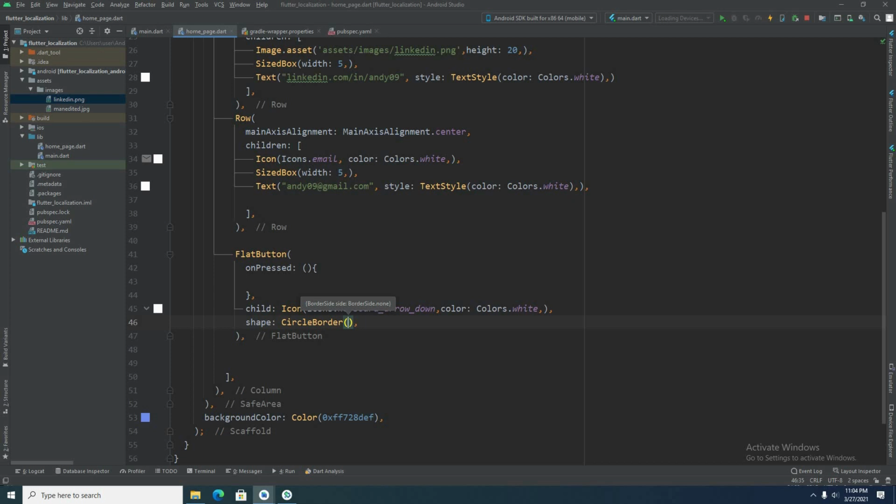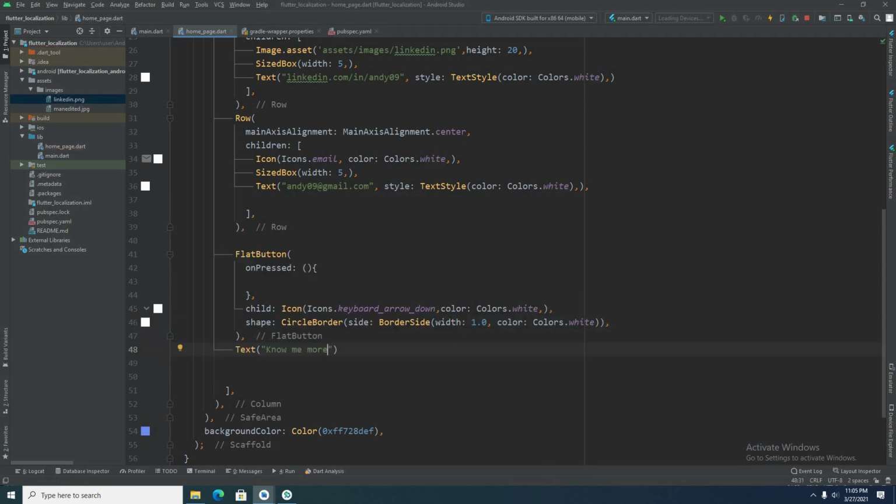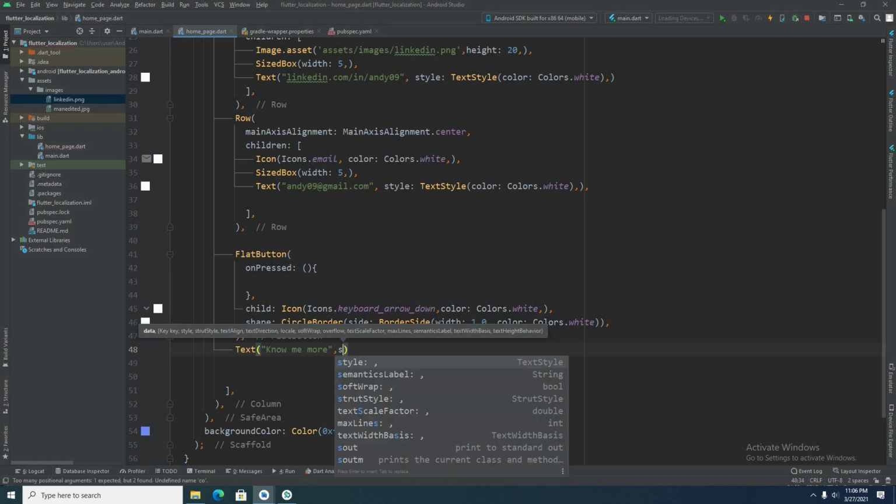Inside this widget, we have a property called side, which will further take BorderSide as its value. Now let me add the width and a color property inside this. After this, I'll add a text widget. And the color of the text will also be white.